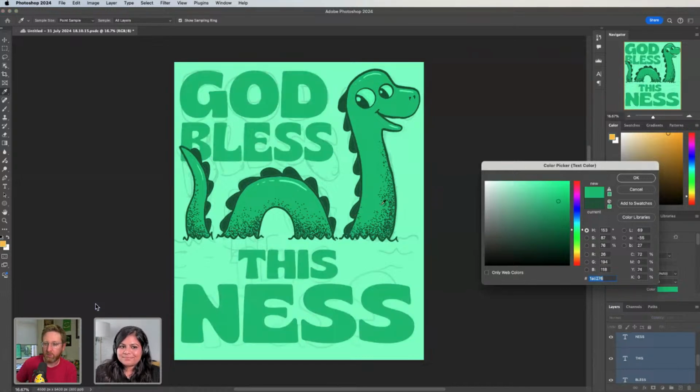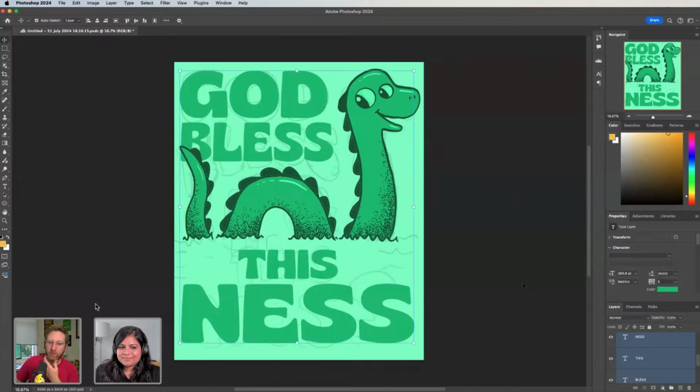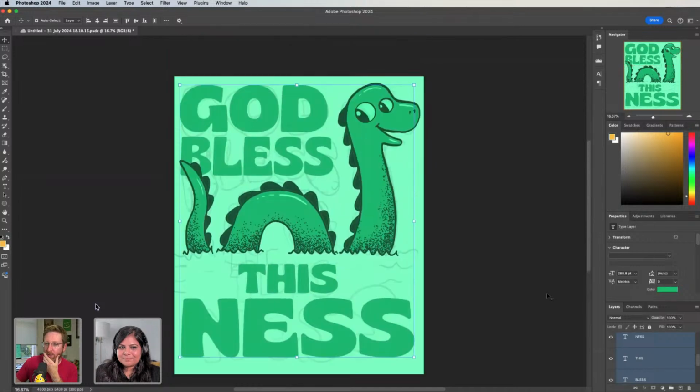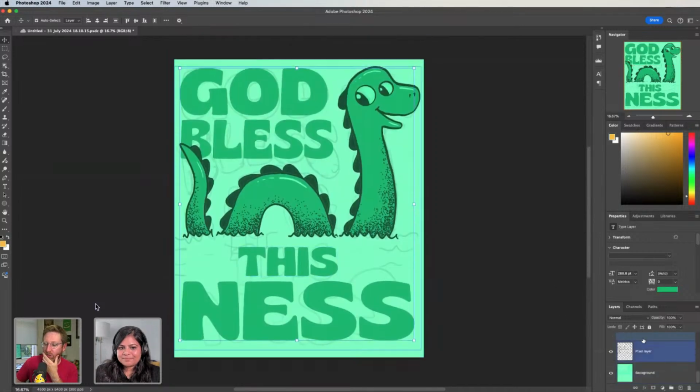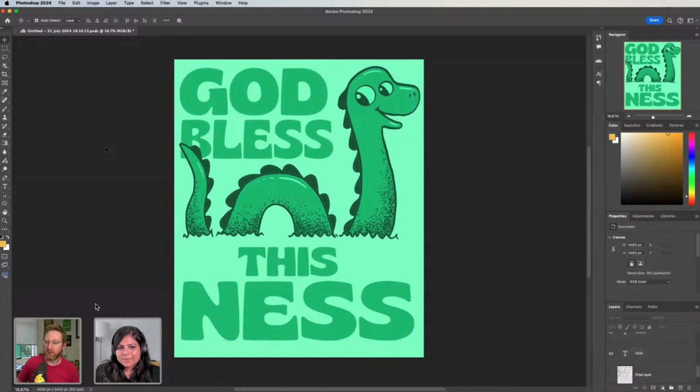I think we'll go for this slightly subtler one. Because I think that by the time we get that onto the shirt, it's still going to look pretty good, and it will just be a bit of a subtler vibe than the darker version with the darker colors. Not too in your face. Yeah, exactly. And we're kind of keeping the focus on the illustration there.